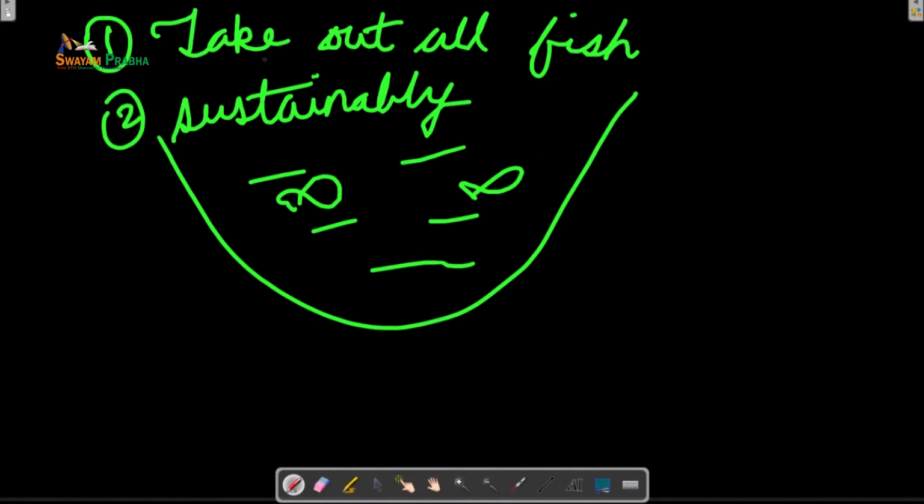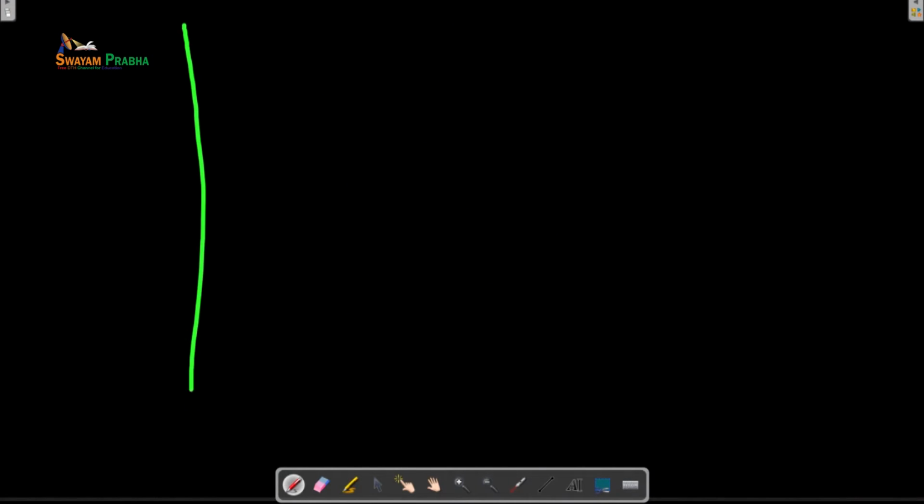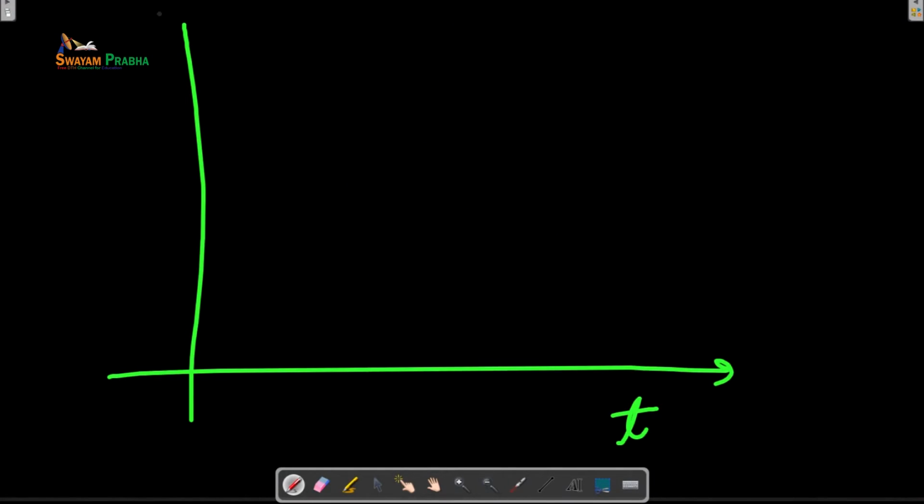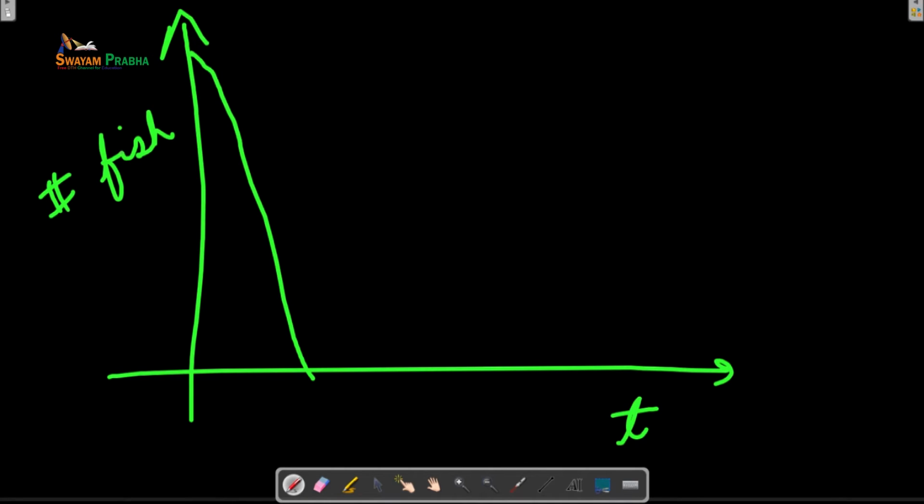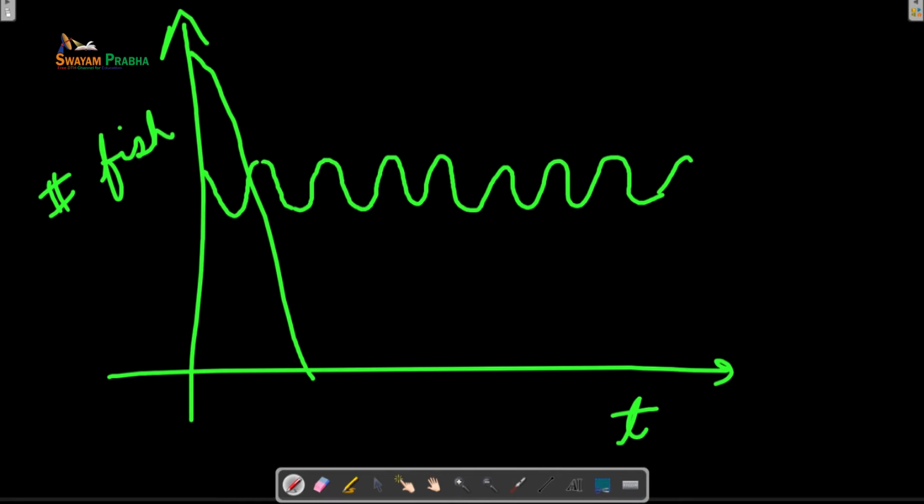So if you represented that in the form of a curve, what we are observing is that with time, the first option was that we take out all the fishes and then the population crashes. We do not have any more fishes. Let us say that this is the number of fish. The other option is that we take out some fishes, then we give it certain time so that the fish population again rises back. Then we take out some fishes, then we again give it time, then we again take it out, then we again give it time, and in this manner we can take out these fishes for a very long period of time, perhaps till infinity.